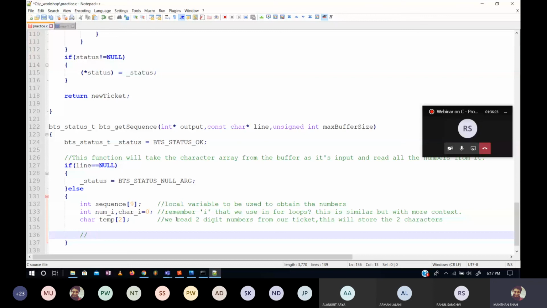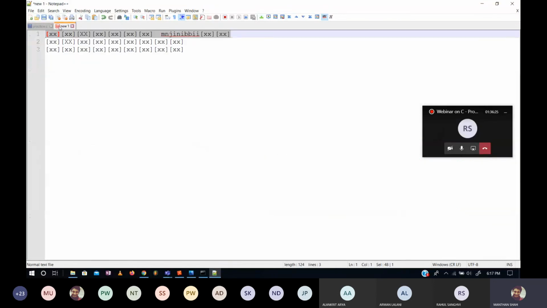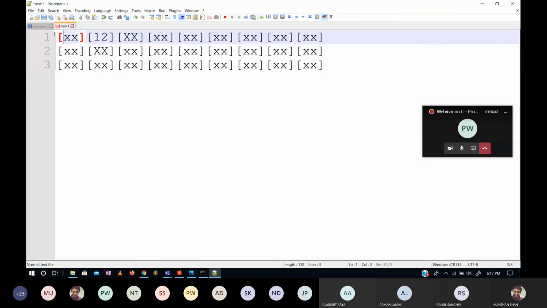So, a character array, let's say something like this here. If this thing is red, then each of these is a character, right? If I change it here and write 1 and 2, then this 1 and this 2 are actually ASCII characters.